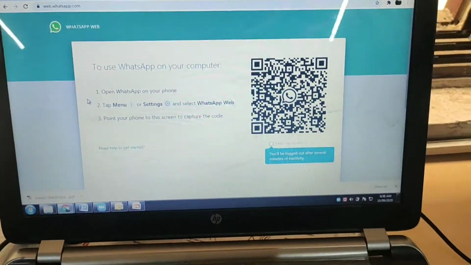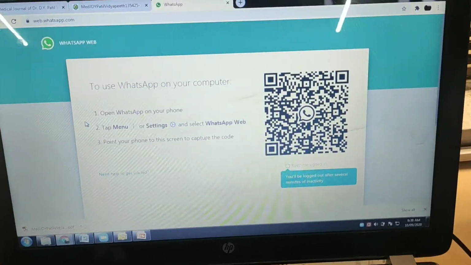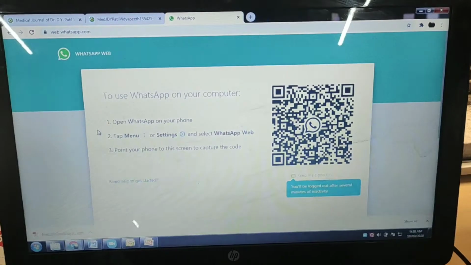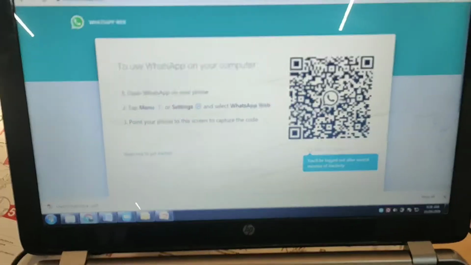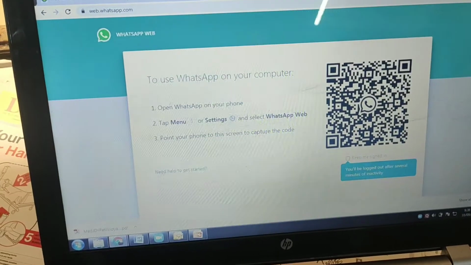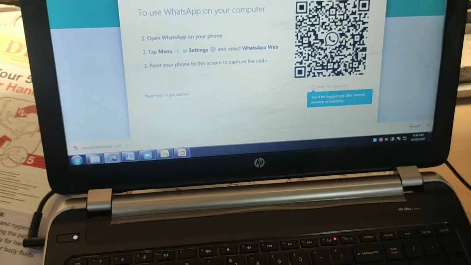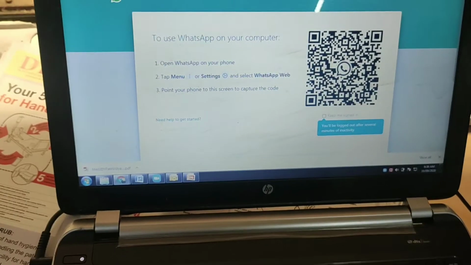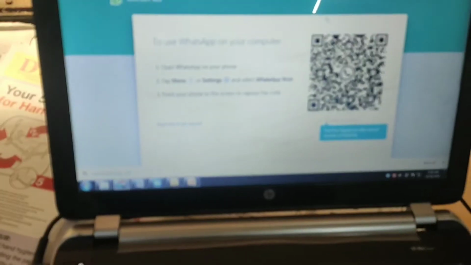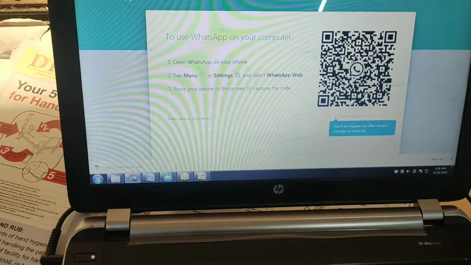If you press that, in settings you will have WhatsApp Web. Open that, then scan this QR code, and your WhatsApp will open on this computer. Then you can copy that link and post it to your recipients through WhatsApp. So that is how you can do it.